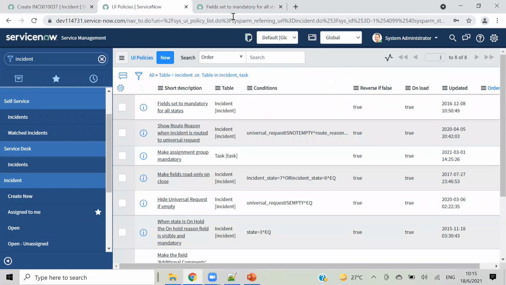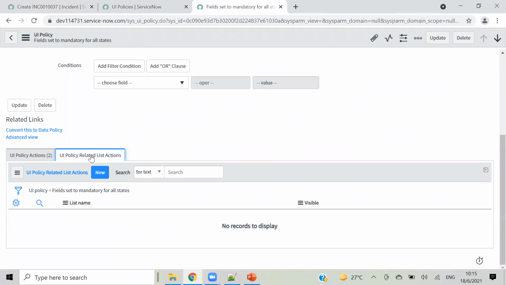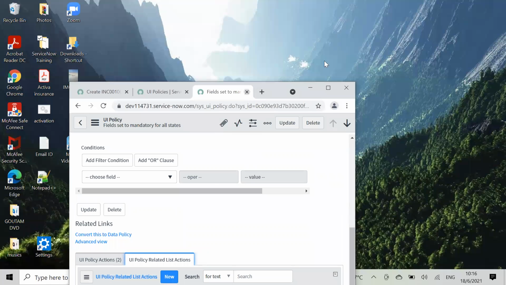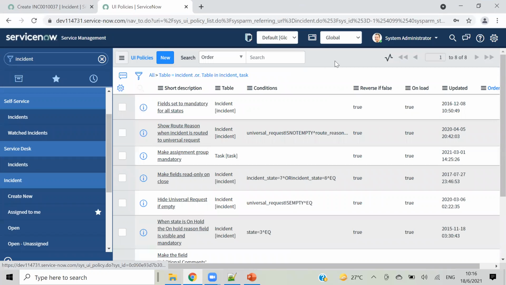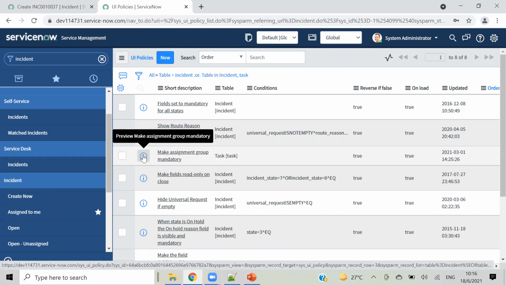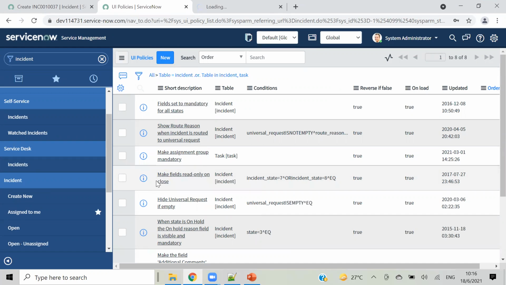Sorry, where was that? Third, right? That is here, from here, related list actions. We will develop this while we are working on a simple example. And let me open one more thing if we have. Yes, let's take this one.